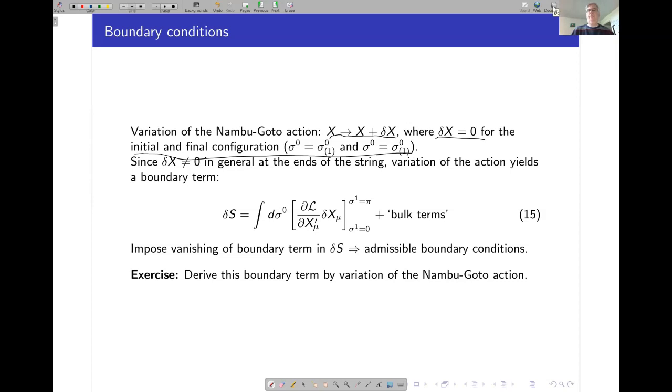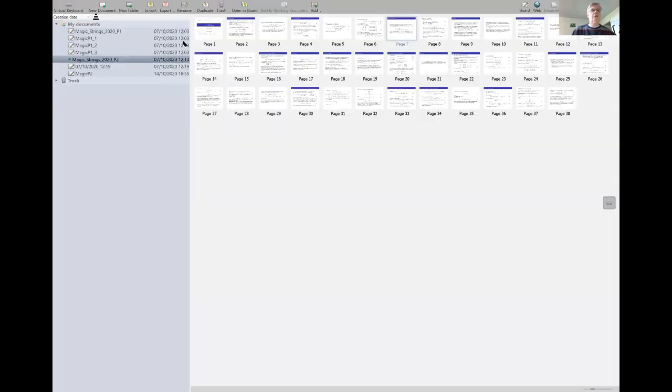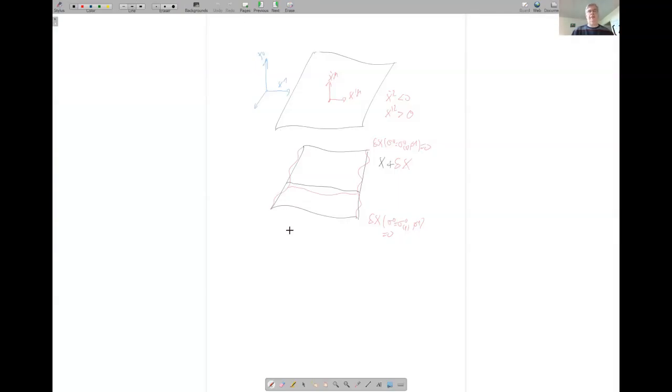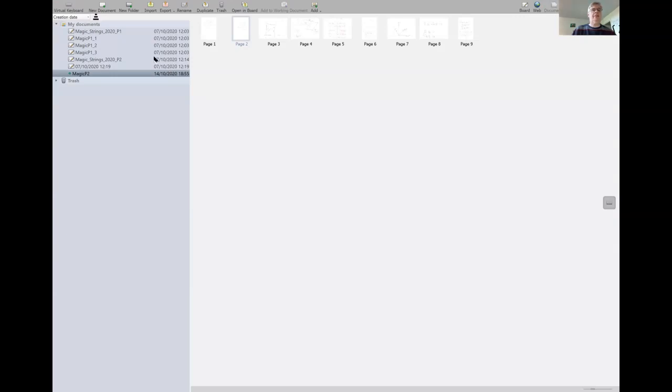Maybe it's now a point where I should show you my drawing, which I think is on this sheet. Yeah. So look at the lower drawing here. What I show you in black is the propagation of a string for some amount of time. And then I add a small variation delta x in red. And while the initial and final string are, of course, the same, in between, the string can vary, including at its ends. But if one now carries this through with making a variation of the action,